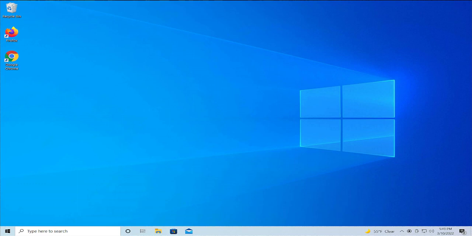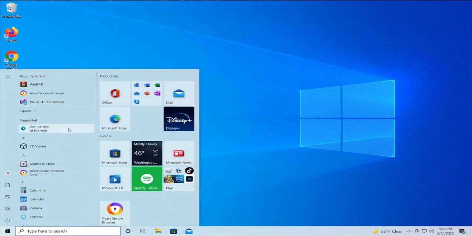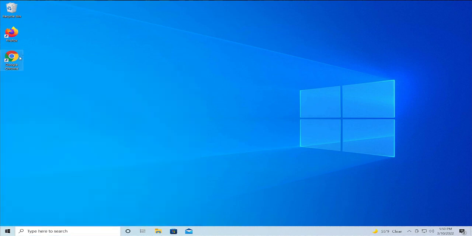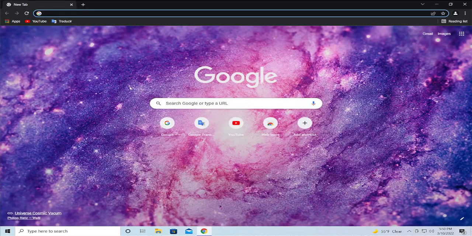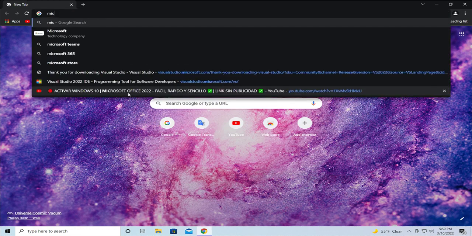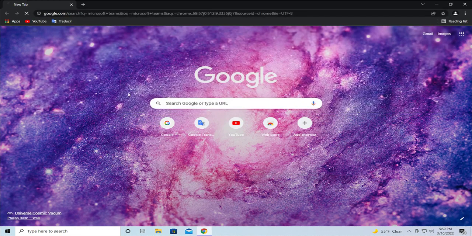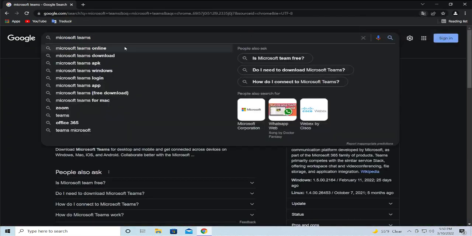In today's tutorial I'm gonna show how to download and install Microsoft Teams for Windows 10 and Windows 11. Go to the start menu and select any browser, for example Microsoft Edge, Firefox or Google Chrome. In this case I select Google Chrome and browse in Google Microsoft Teams download